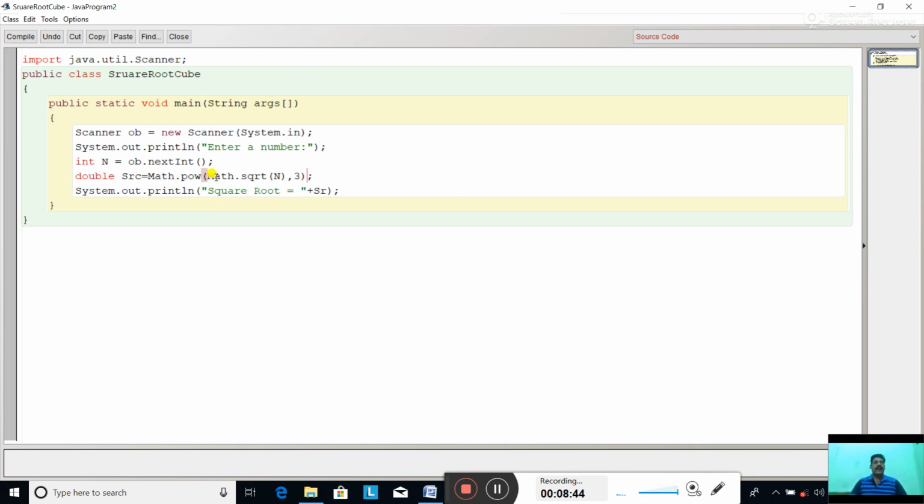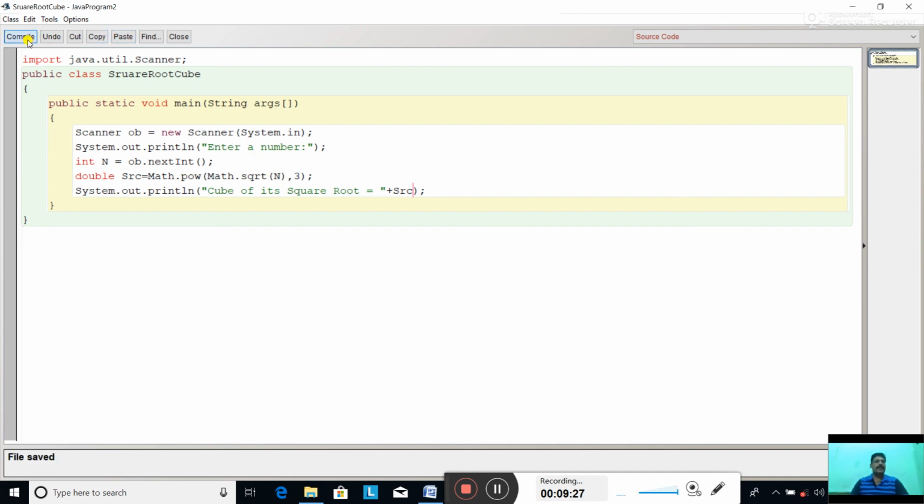See this inner part, Math.sqrt: this part will find the square root of the number, and Math.pow(Math.sqrt(n), 3) will find the cube of that square root. Print "Cube of its square root = " + src. Okay, done. According to the question, we have entered the number, found the square root, and found the cube of this square root.